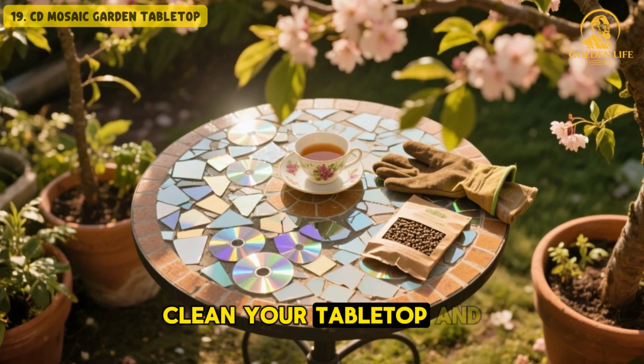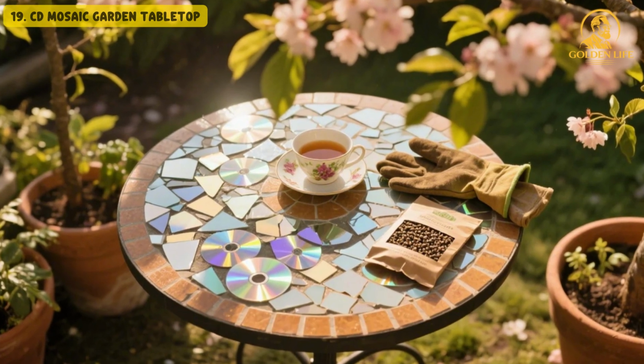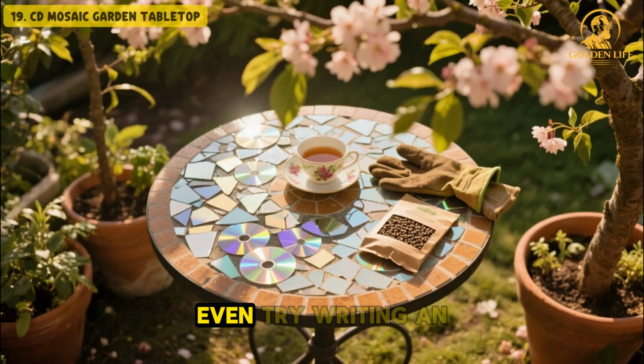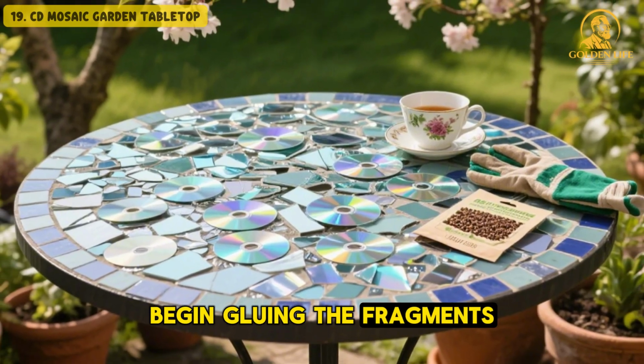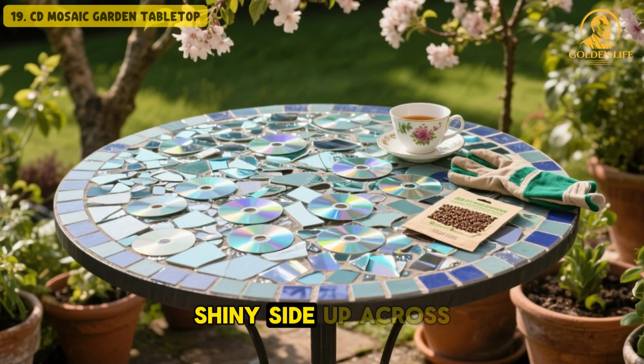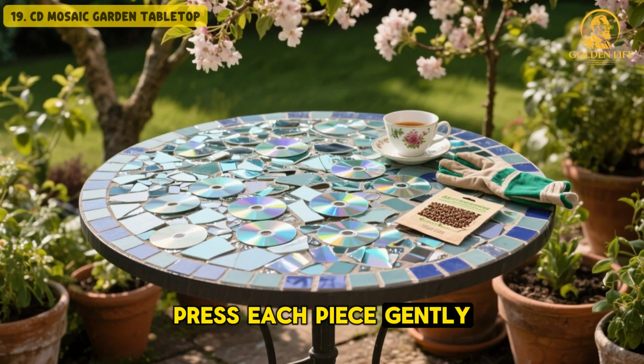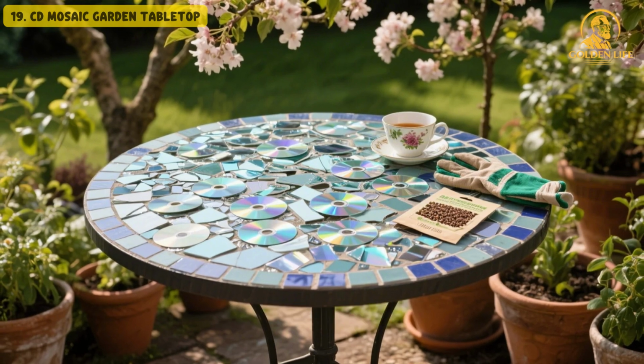Clean your tabletop and decide on your design. You can create spirals, rays, random mosaic patterns, or even try writing an initial or flower shape in the center with the CD pieces. Begin gluing the fragments one by one, shiny side up across the table's surface. Press each piece gently and let the glue dry fully. If you'd like to make the